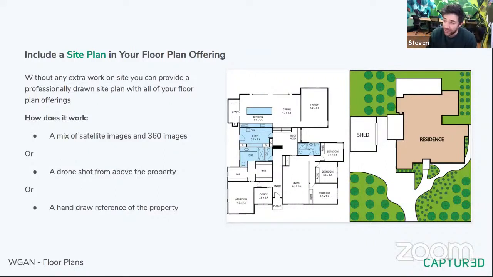It's a mixture of satellite images and 360 exteriors from Matterport, or if you're a drone photographer, providing a drone shot from above is useful, or you can even hand draw it and our team can go from there. It's not all of those things, it's just one of those items, and we can create a site plan, and it's super easy and really, really